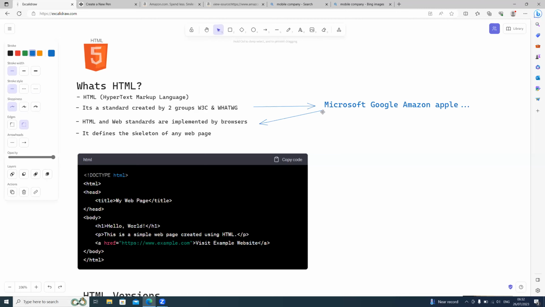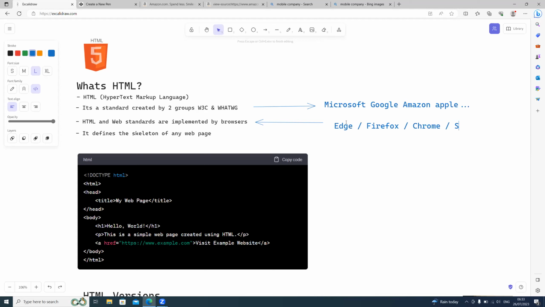And especially, let's say you are the owner of a browser, what you will do is take that standard and implement it in your browser. That's why, whether you are using an Edge browser or Firefox or Chrome or Safari, you see equality. They all support the same set of languages. They all support HTML. They all support CSS. They all support JavaScript. Even any other small browser, whether on desktop or mobile,